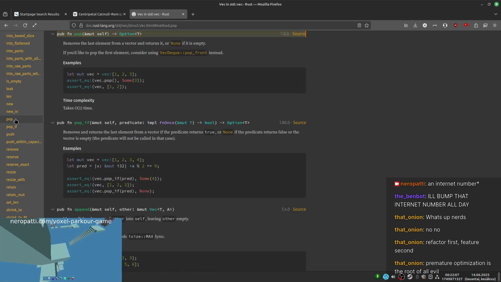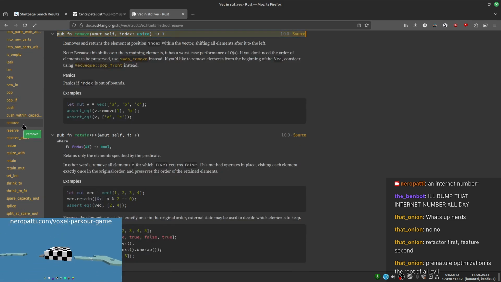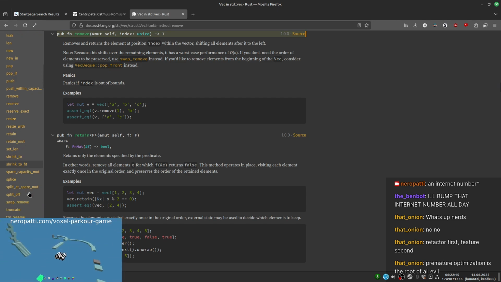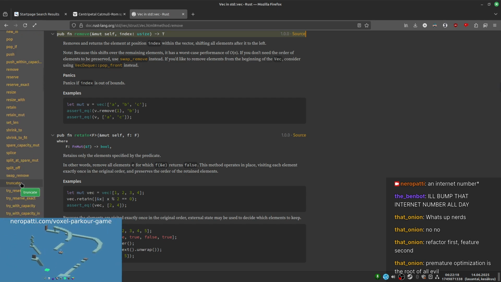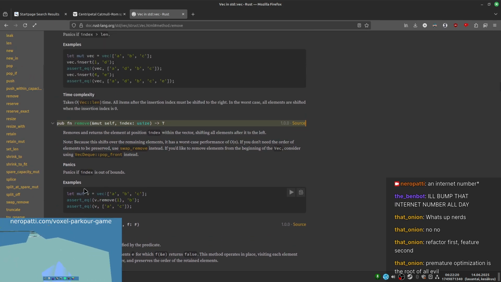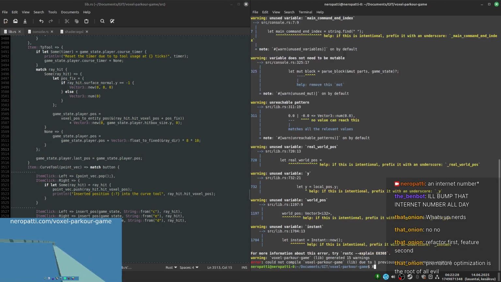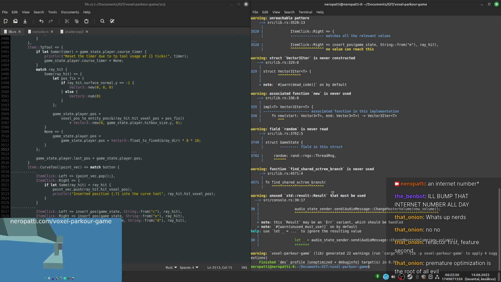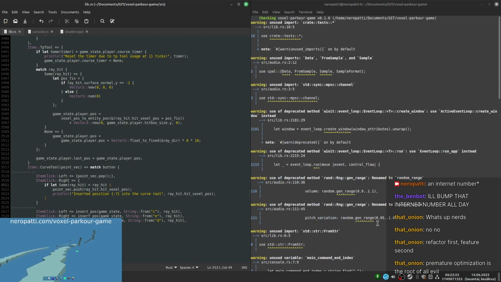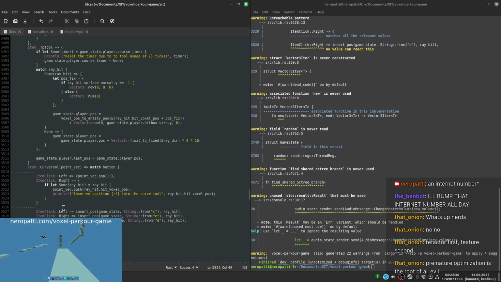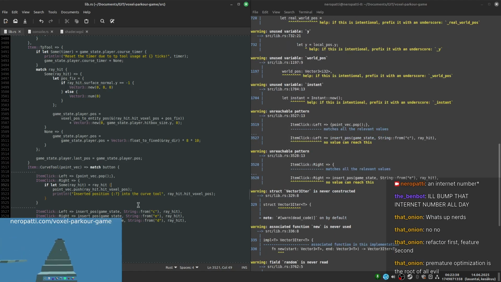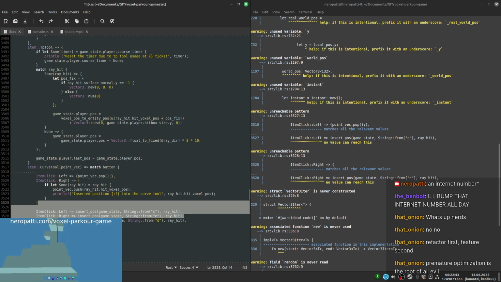Yeah, pop. It removes and returns. Well, fuck it, we just do that. Alright, we are compiling, which is good. Interesting. Remove these. Oh, well, we should also handle the middle click